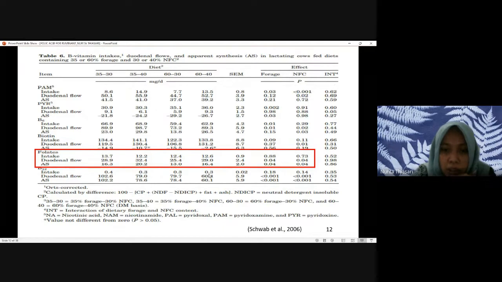And next, another author also mentioned the production or the synthesis of the folates in the rumen. So AS is apparent synthesis of the folates. This is combined between different levels of the forage with the NFC or